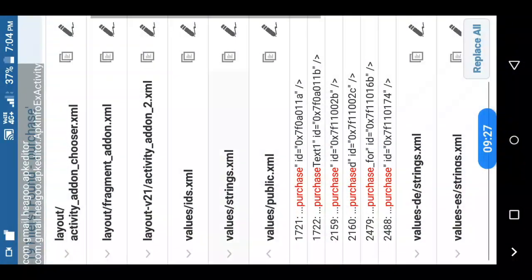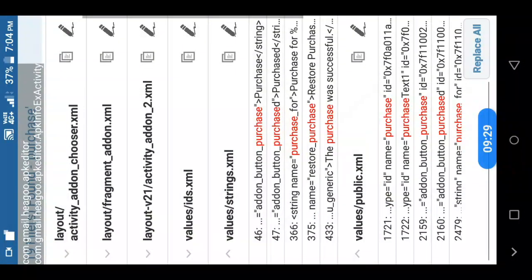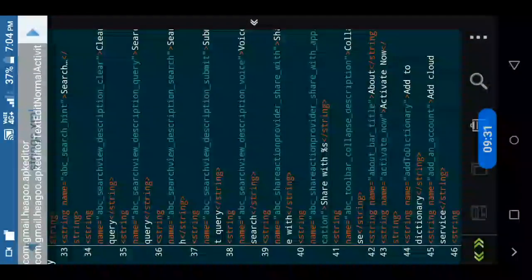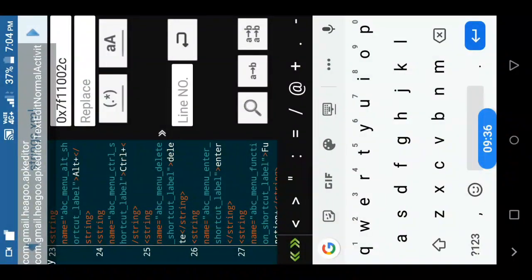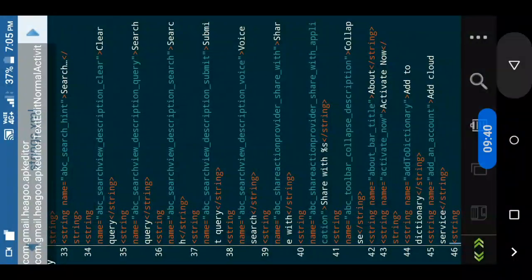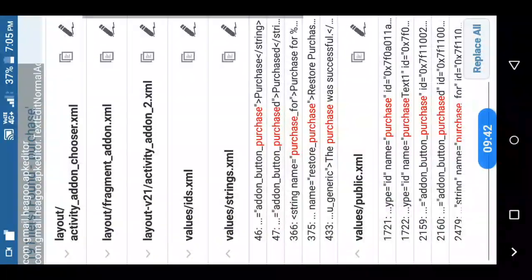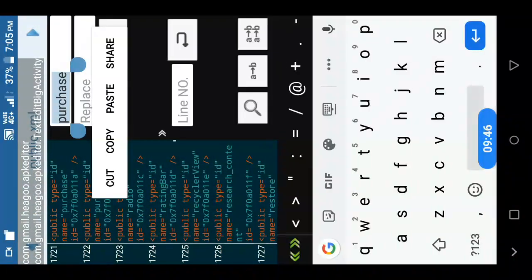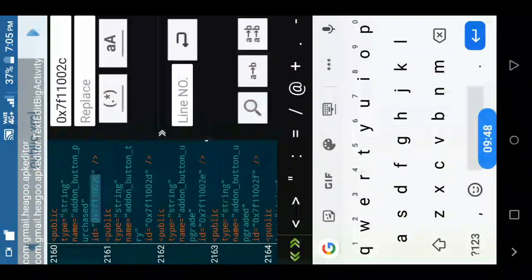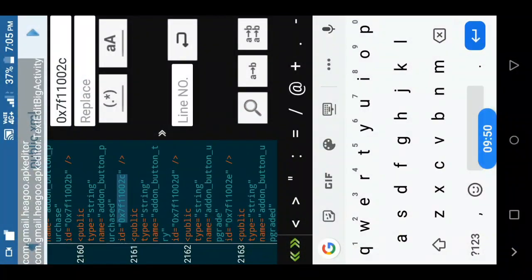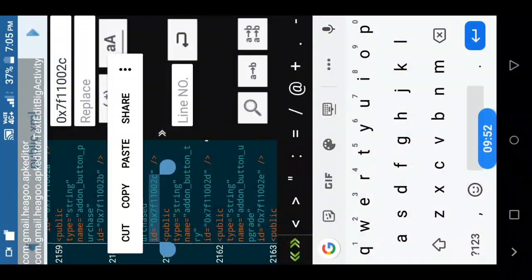So let's search in strings. Sorry, we should search in public. So here we got add-on button purchased.